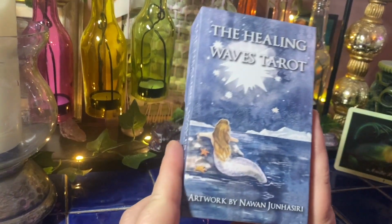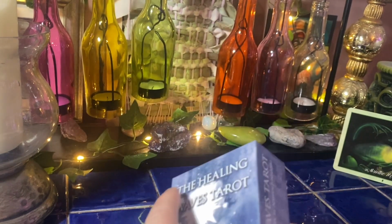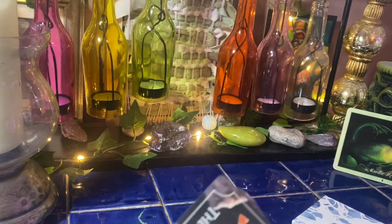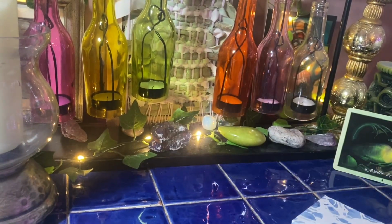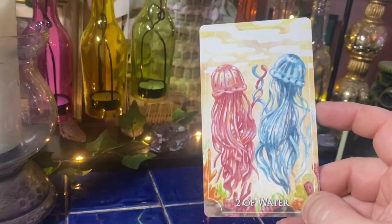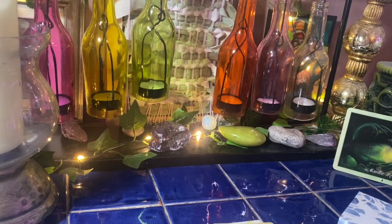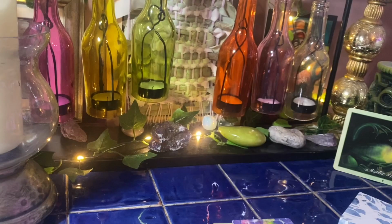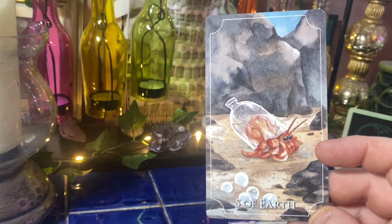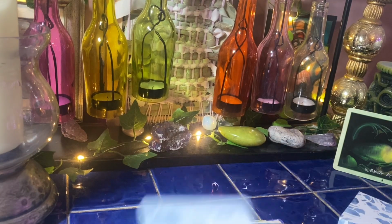The third tarot that I've got is this Healing Waves Tarot. Now I'm sorry guys, this is no longer available. It was done as just a complete one-off print run, and as of yet it's stuck at that. I've not seen any hints that this one might come back. The paintings on this were all done with water collected from the ocean, which I think is just a gorgeous aspect of it. It's got one of my favourite Queen of Wands cards in,